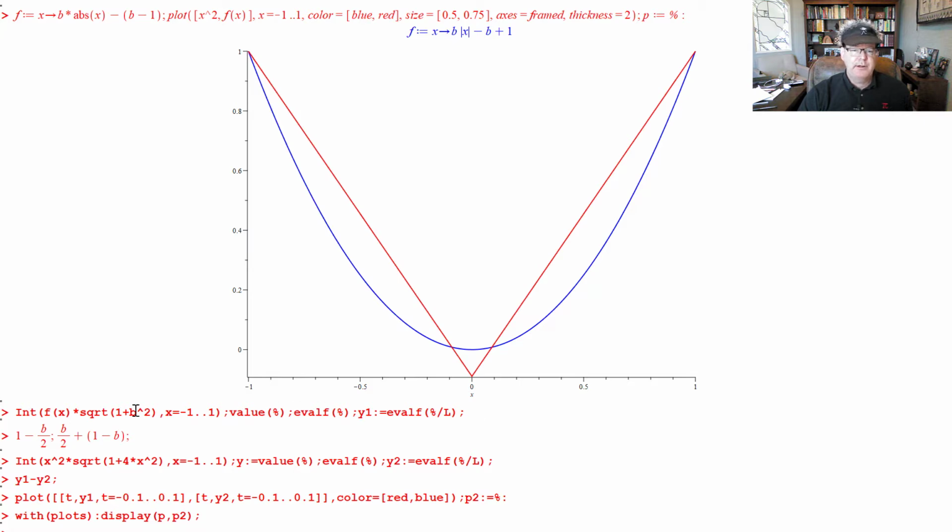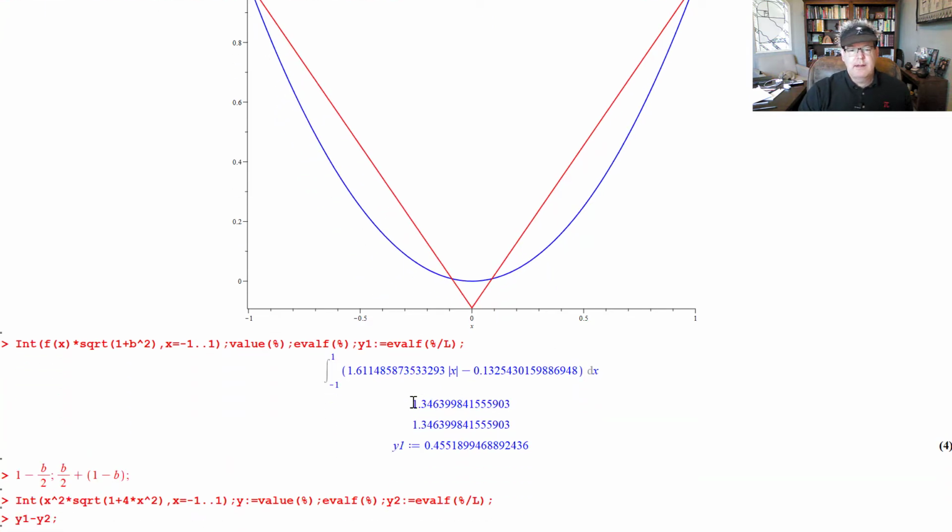So y prime squared is just b squared. It's not differentiable at 0, but that's okay. We can still do the integral. And so the center of mass is going to be at